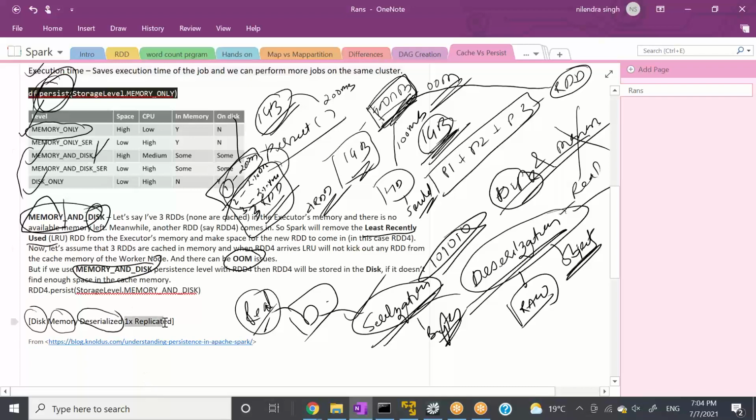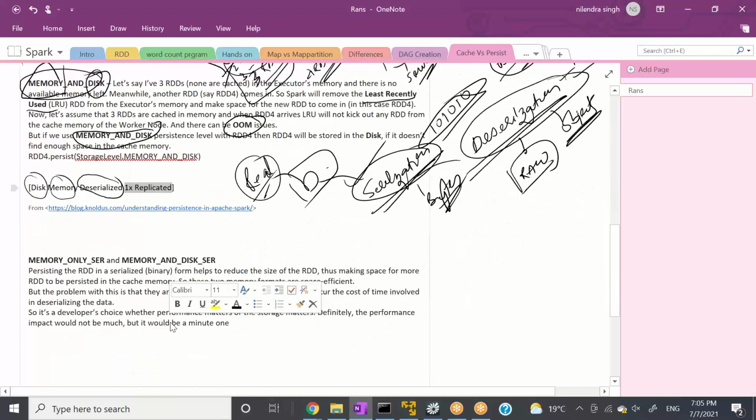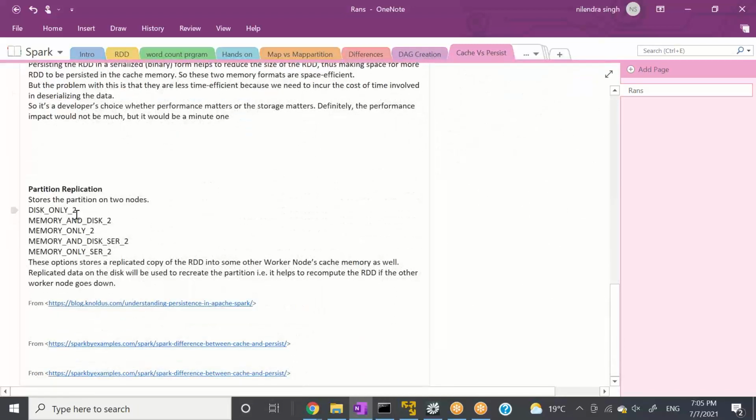Now we have only 1 option remaining, that's why it is 1 into replicated. By default, if you never mention anything, it will be only 1 replica. Your cache will be on only 1 worker node by default. But if you say disk only 2, memory and disk underscore 2, this underscore 2 means it will store a replicated copy of the RDD in another worker node in the cache memory.